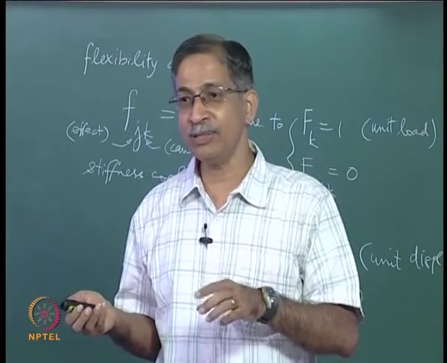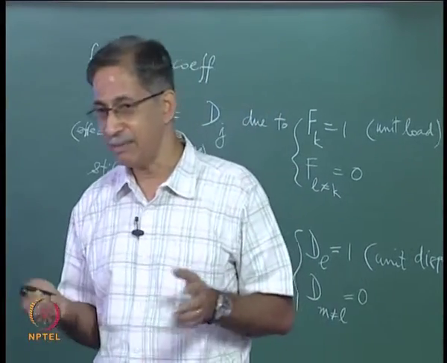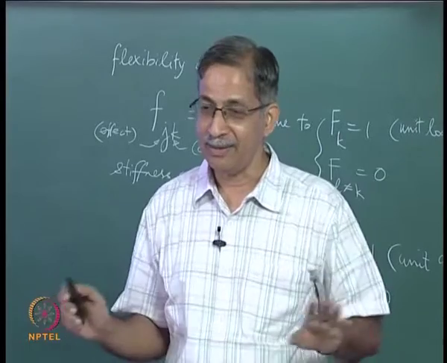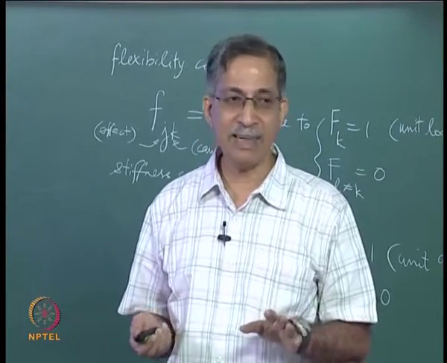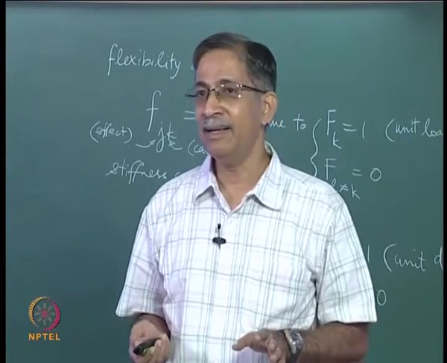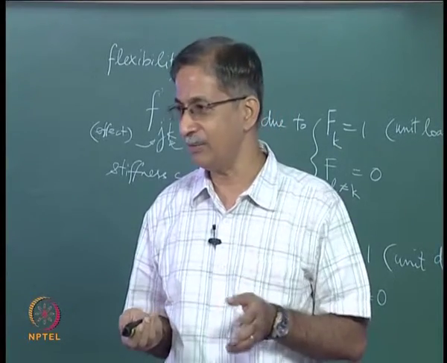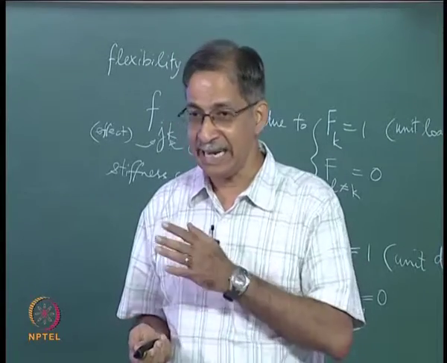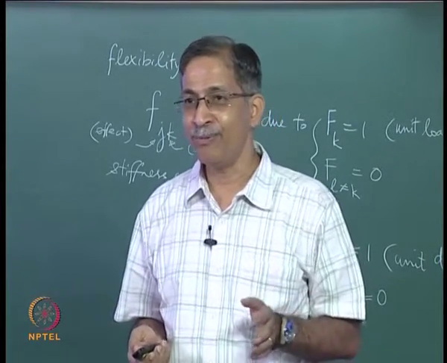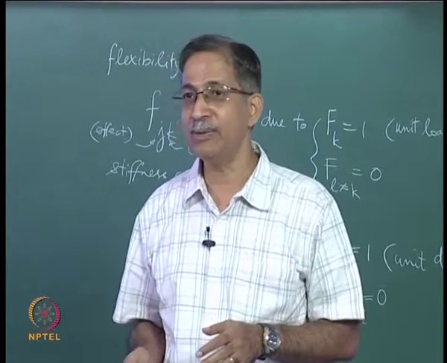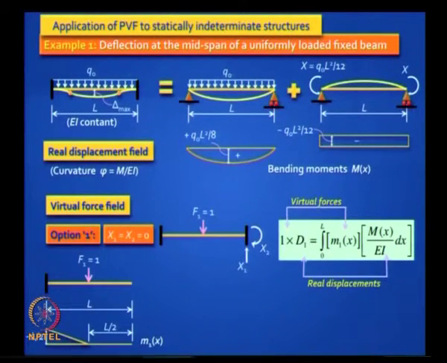So the unique solution is one which also satisfies kinematics, right, but we are not interested in finding the kinematically correct solution also, because here this is just a device to help us find an unknown deflection. All we need is any statically admissible solution. So if I conveniently take x1 and x2 equal to 0, I have got a cantilever. I have reduced that fixed beam to a cantilever beam with a concentrated unit load in the middle, for which the small m diagram is child's play. It is a small triangle and it is minus L by 2.